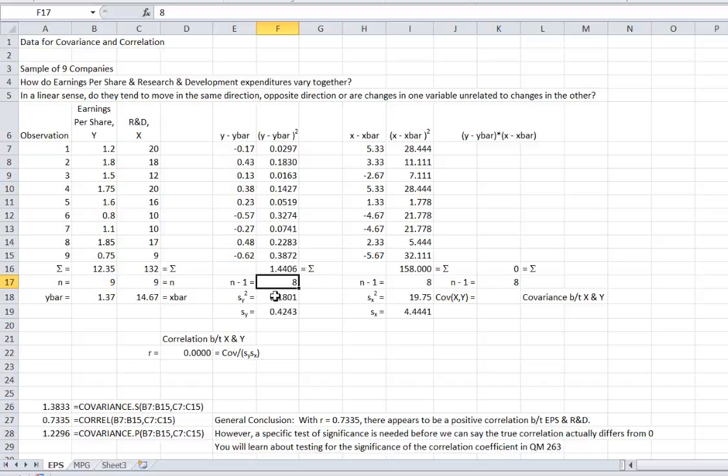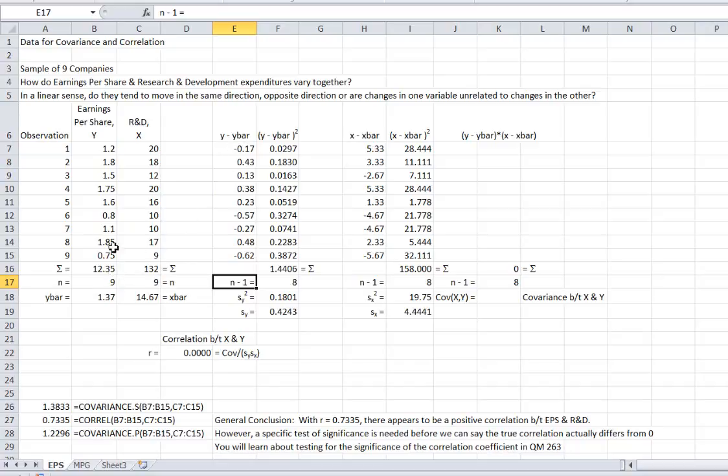Later on you'll start hearing the term degrees of freedom. Basically, degrees of freedom says if this is a sample and I have to use the sample mean to calculate these deviations, so this is y minus y bar rather than y minus mu,